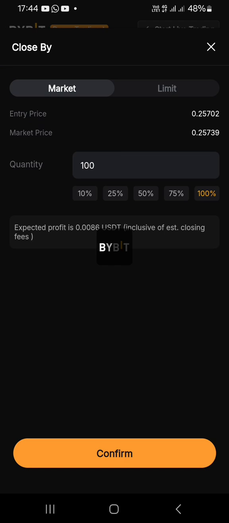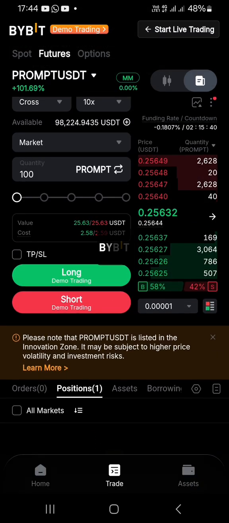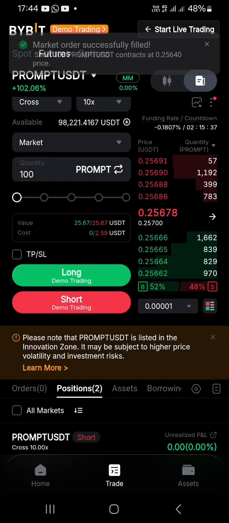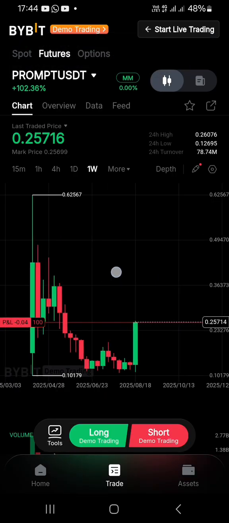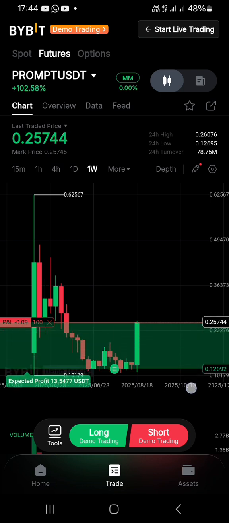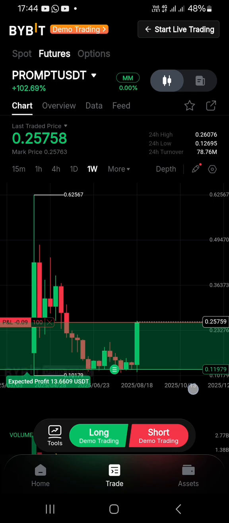Let me close this. I want to short it, not long it. I'm interested in selling rather than buying it. So I do this. As it stays here, I could check how much I can gain. I click on it and pull down. Then I know that this week it has gone up that way, but if it comes back, I'll make like